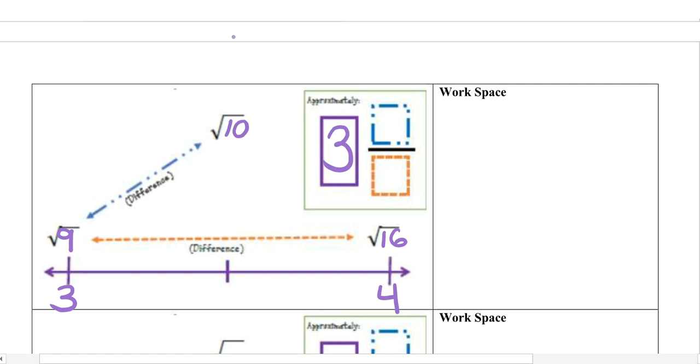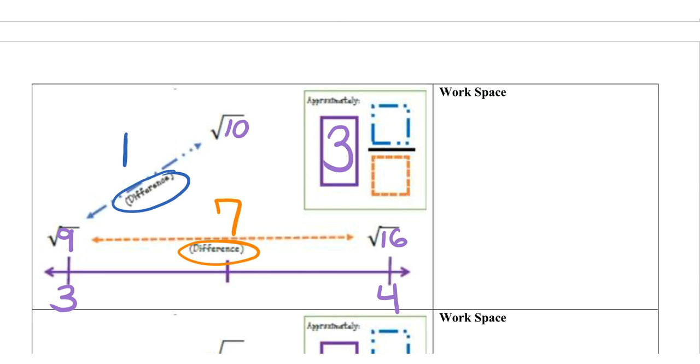Then I'm going to go and find the difference between 9 and 10, which we can do in our head. That's 1. And then the difference between 9 and 16, and that is 7. So we would get an approximate value of 3 1/7. So then if I want to make sure that I have that in decimal form, it would be 1 divided by 7. 7 does not go into 1, so I'm going to put that decimal point and my 0,